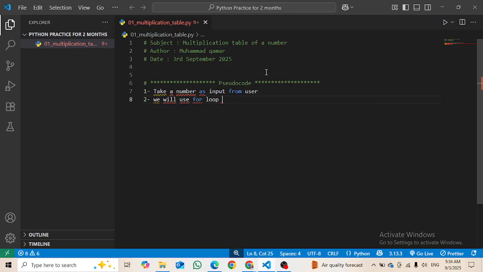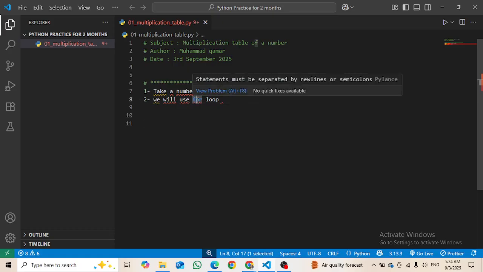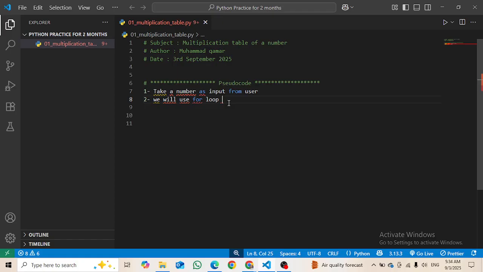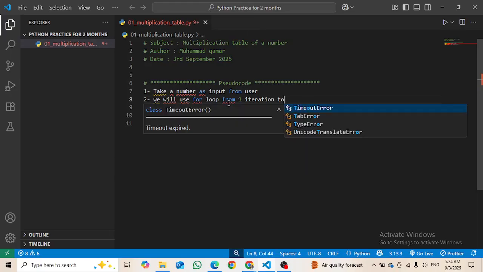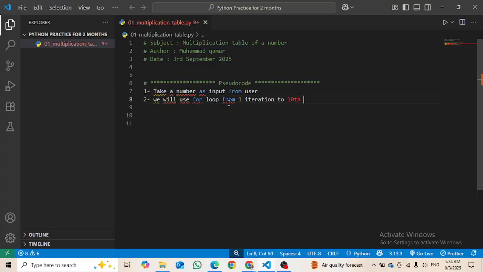Why a for loop? Because if I do it like n multiplied by 1 equals something, and then do it for 2, for 3, for 4, for 5, for 6, for 7, instead of doing it line by line, I will just use the loop. Since we know that we will loop from 1 to 10, I am going to use the for loop, from the 1st iteration to the 10th iteration, or you can also say from 0 to 9. Then in the third step,